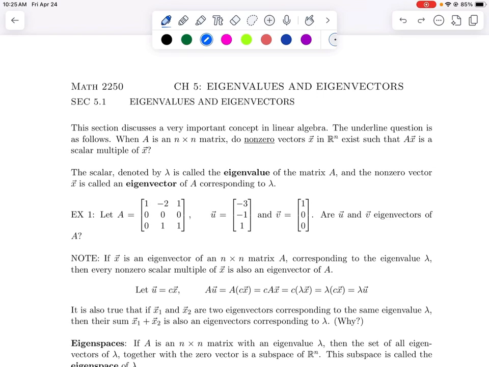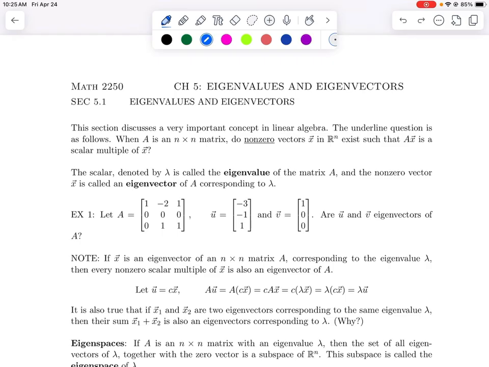So this is a very important concept in linear algebra and has its applications in computer science, engineering, and math, of course. Now, section 5.1 is named the same as the chapter name, but because we are now introducing what are eigenvalues